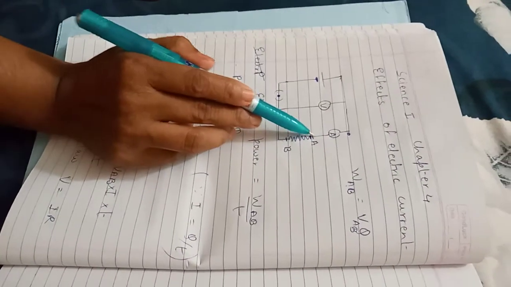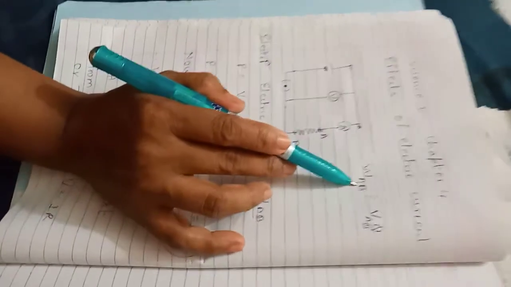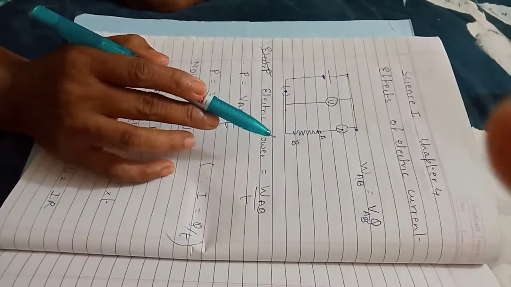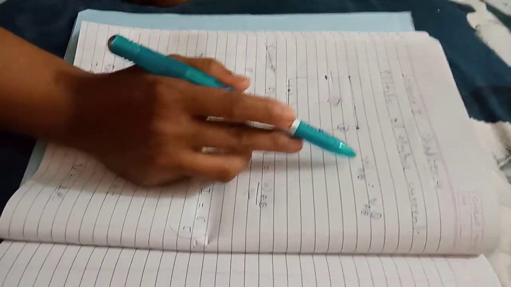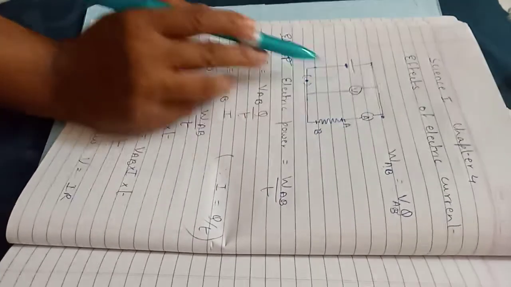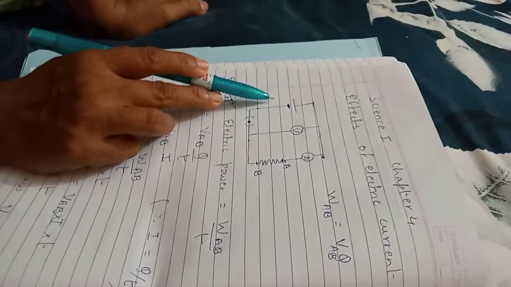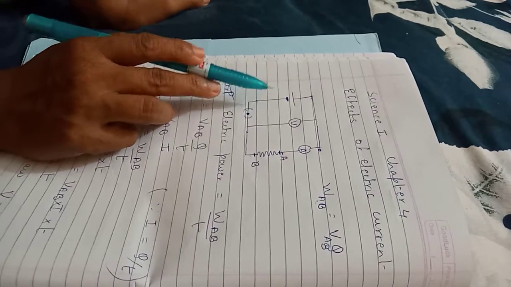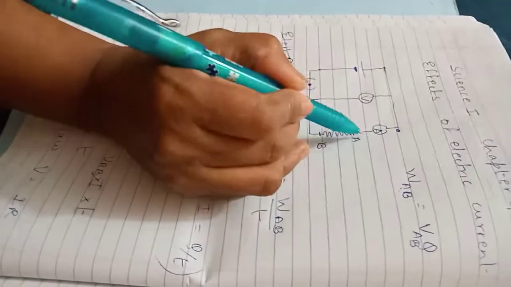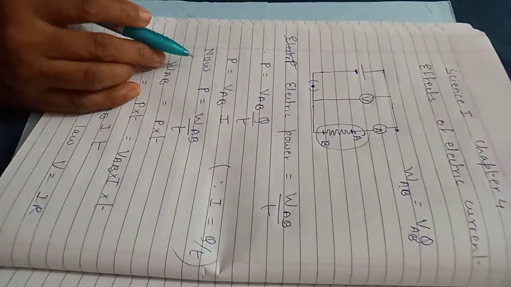As the charge moves from point A to point B, work needs to be done. Work formula is potential difference multiplied by charge. Now, where does the work done go? Who gives energy to do work? The cell. The cell is a supplier of energy to perform work. It is obtained in the form of heat energy, due to which the resistor gets heated.